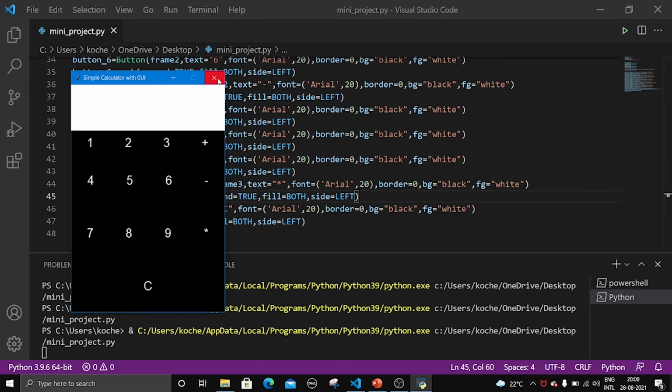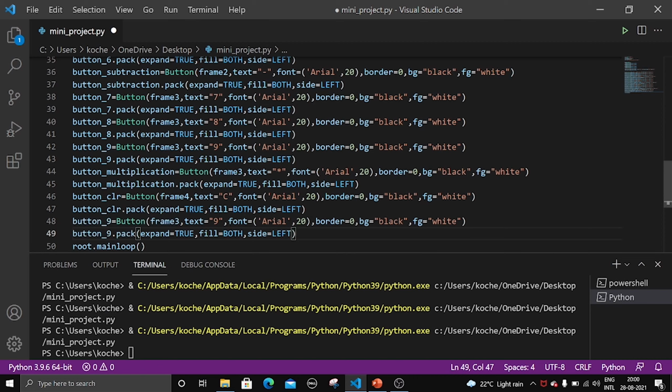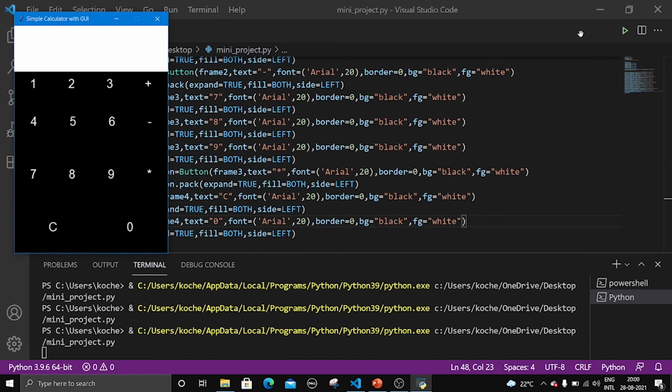Yes, C has come, and along with C we need to place 0 button too, right? So let us paste again, and let us change this to 0. Let me change it to button 0, and the text should be 0, and the frame should be 4. Let's run it again. Yes, we got C and 0.